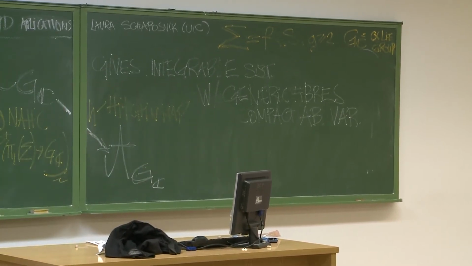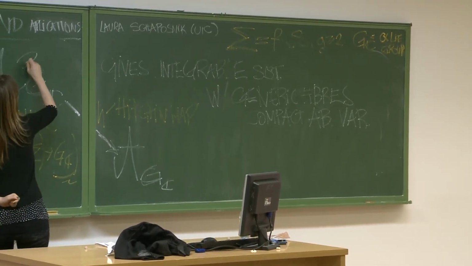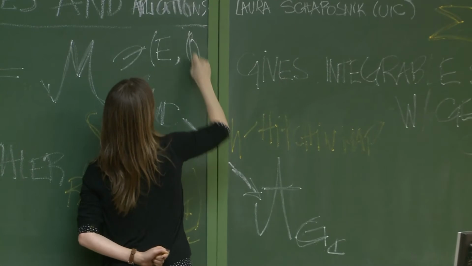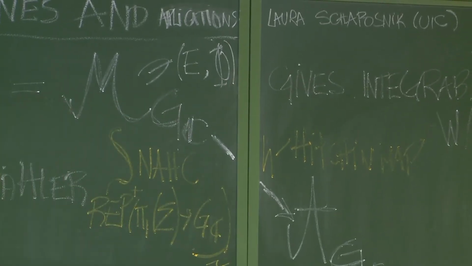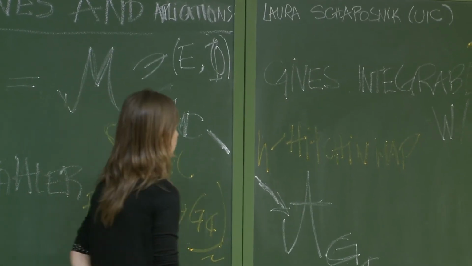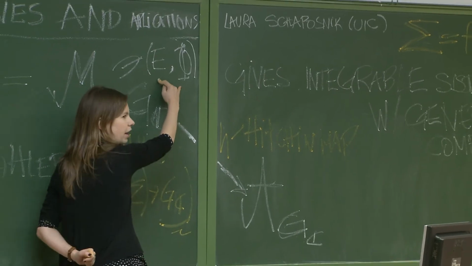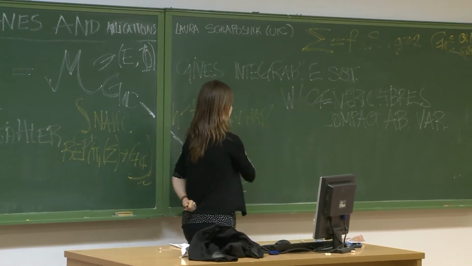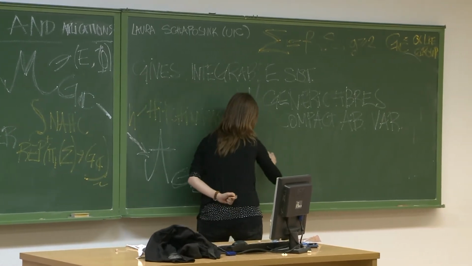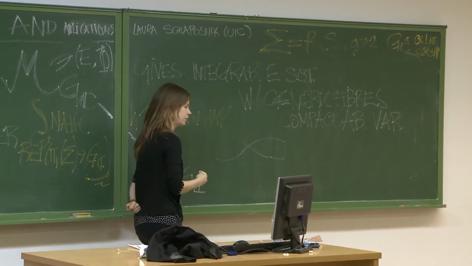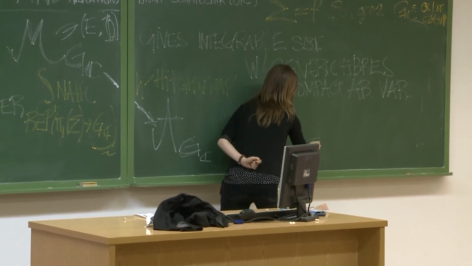So it gives what people call the abelianization of the moduli space, where you started with something that was non-abelian in the sense that it was a vector bundle of higher rank and a Higgs field as the classes, and you're sending it to something whose fibers are abelian varieties. And the way that you define it is as follows. You take an (E, phi) in your moduli space, and you can do something because you started with matrices in the cases we're looking at. So if you start with a matrix, you can look at eigenvalues. And if you look at eigenvalues over each point of the Riemann surface, if I put here my Riemann surface,